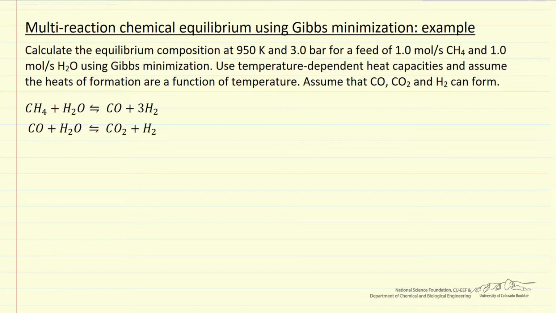And if you were to use this approach, we would have an extent of reaction for each reaction. We set an equilibrium constant equal to fugacity ratios, or for ideal gases, which is what we're assuming here, partial pressures. And when we have more than one reaction, it gets messier, more difficult. The other approach is to minimize the Gibbs free energy and not specify which reactions occur, but just specify which